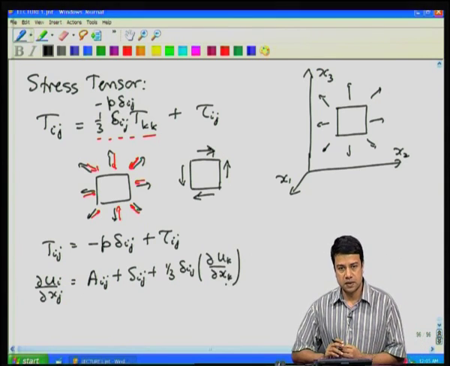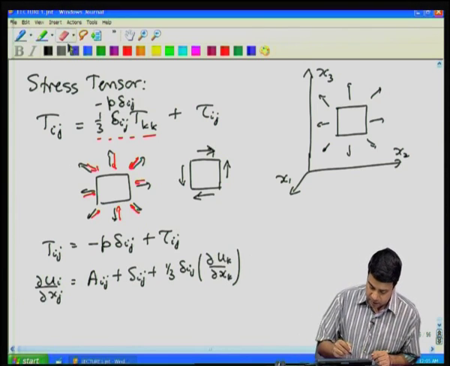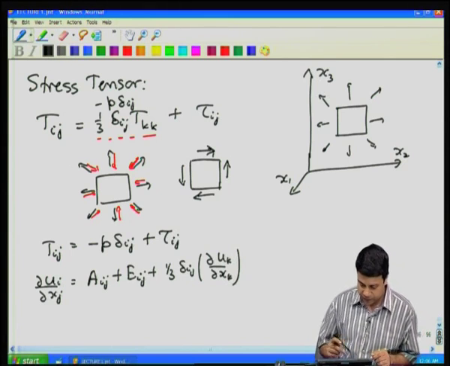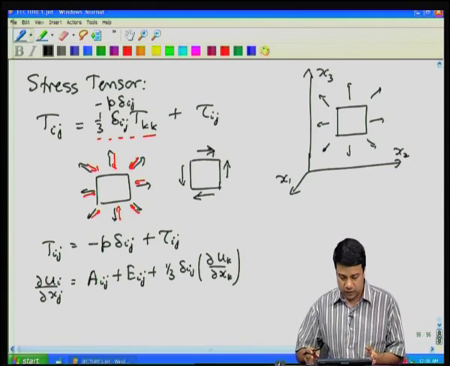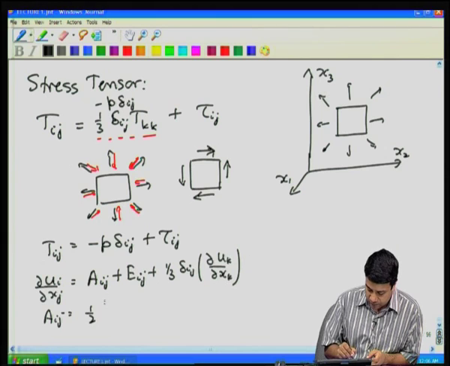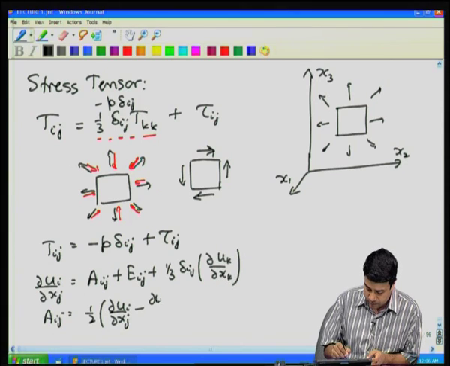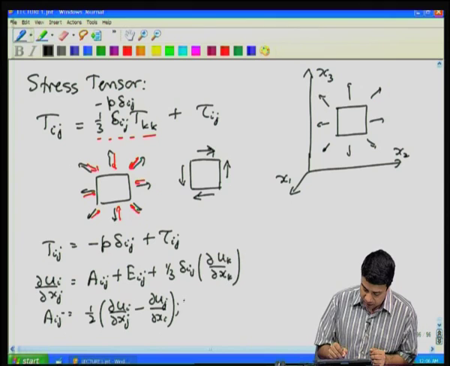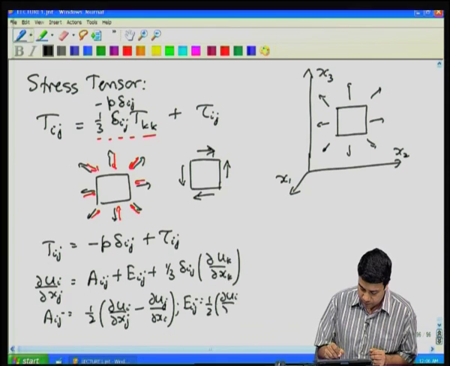1/3 delta ij times the divergence of the velocity, and the symmetric traceless part. In the last class I had defined it as E. Where Aij is equal to half of partial ui by partial xj minus its transpose, half of the tensor minus its transpose, and the symmetric traceless part is equal to half of the tensor plus its transpose,